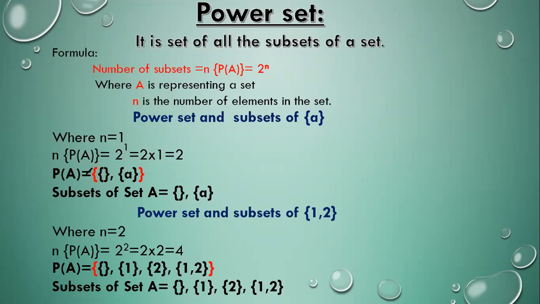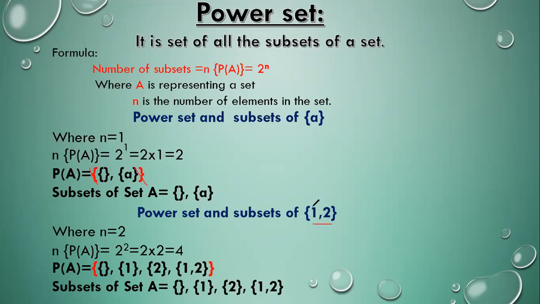Okay, if you do not draw the curly bracket around the power sets, I will not consider your answer correct. Okay, your answer will be wrong. Now, how can we find the power set and subsets when the set is 1 and 2?